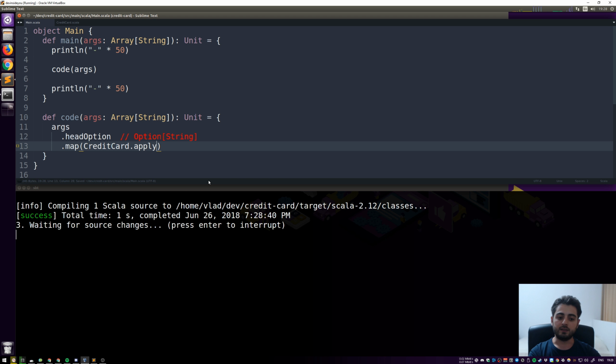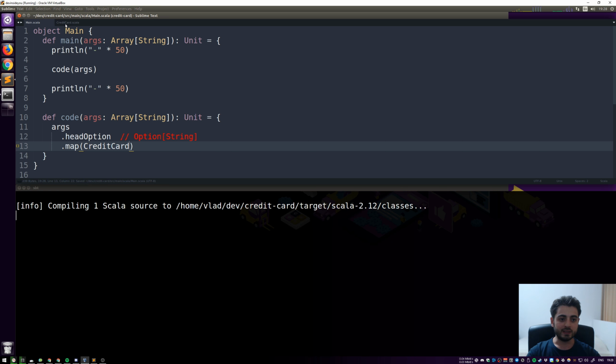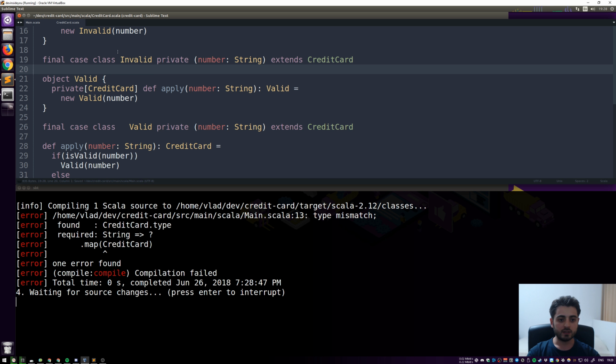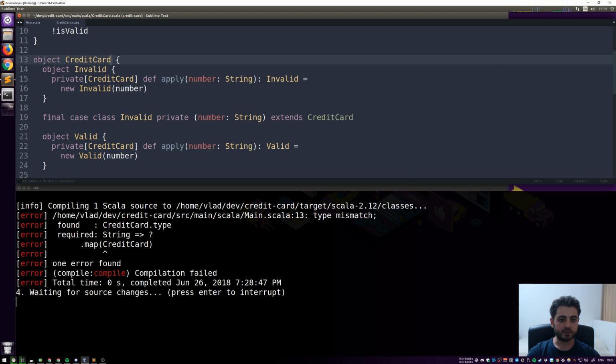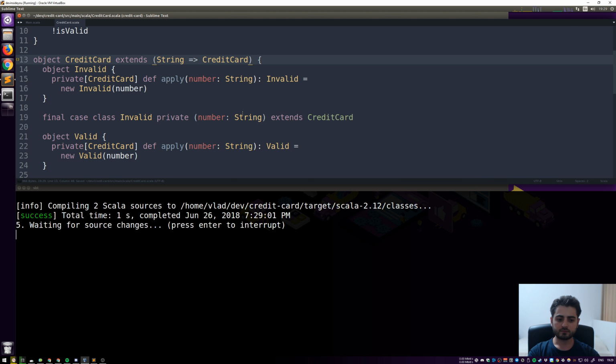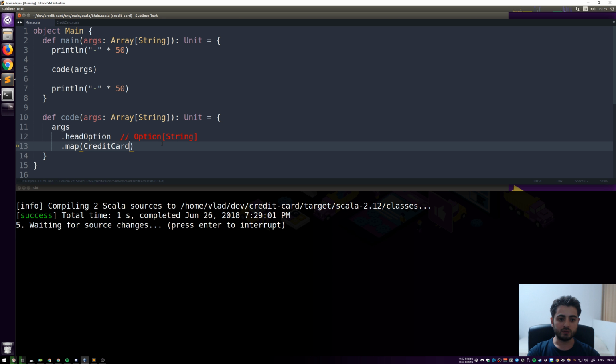And this is a good indication for you. Every time you're creating an object which contains an apply method, it's always advisable to also extend a function. So we already have our credit card over here. Why don't we just extend also a function that takes a string and produces a credit card? Why not? Now this code is going to compile, and this in turn produces an option